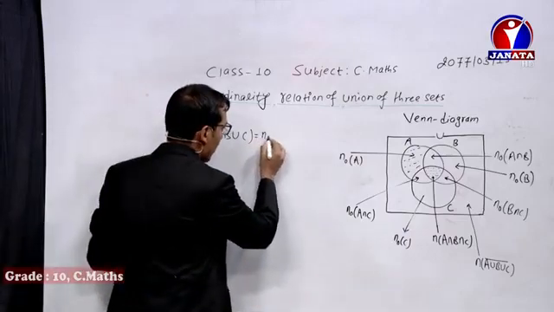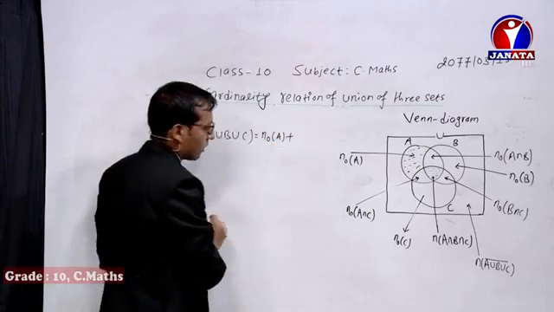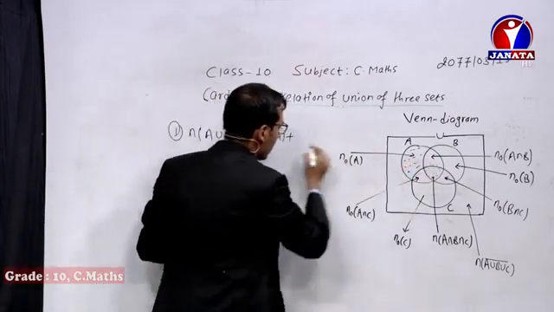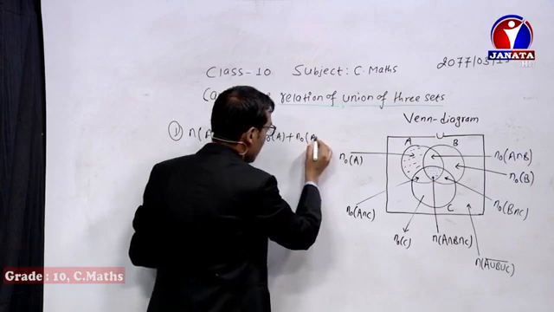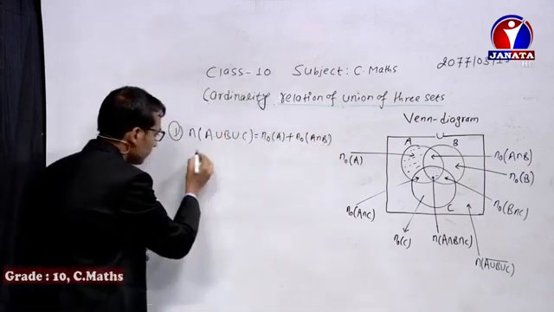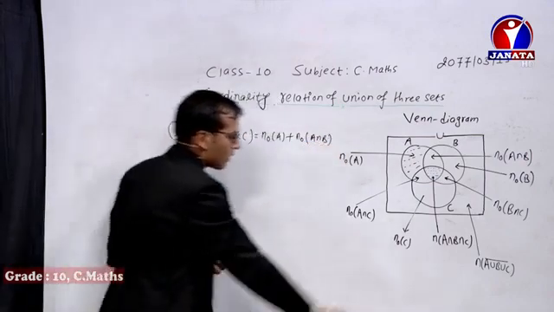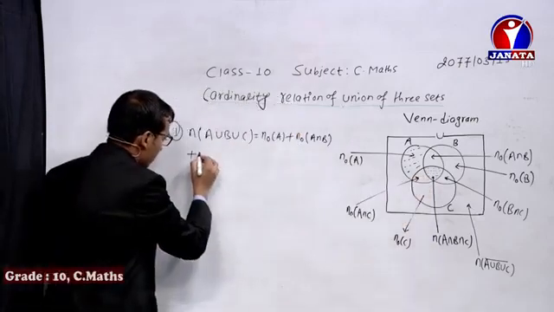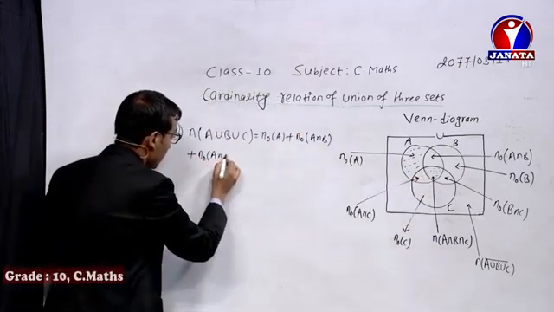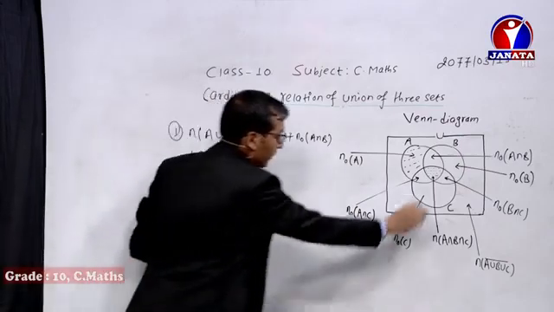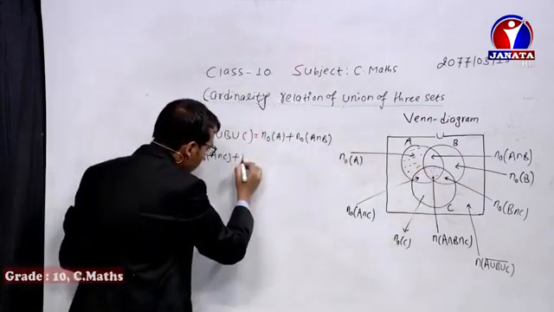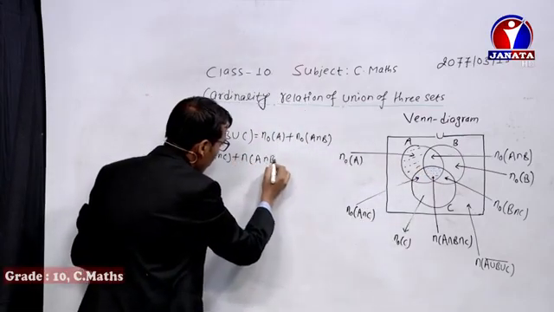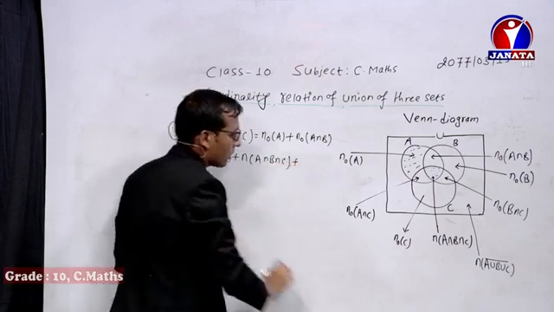First is n only A plus n only A intersection B plus n only A intersection C plus the intersection of all three subsets, A intersection B intersection C, plus